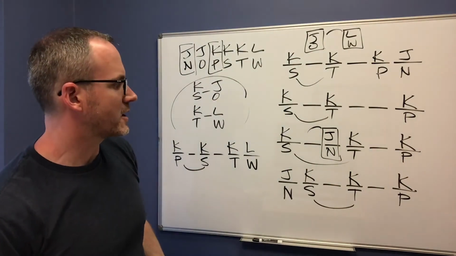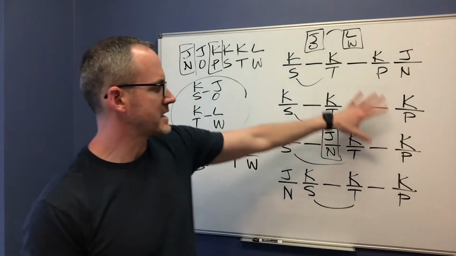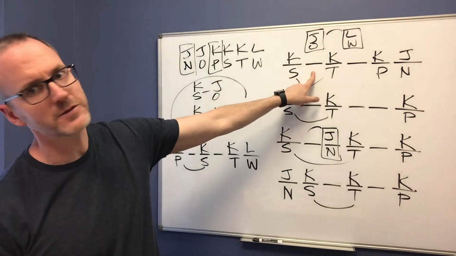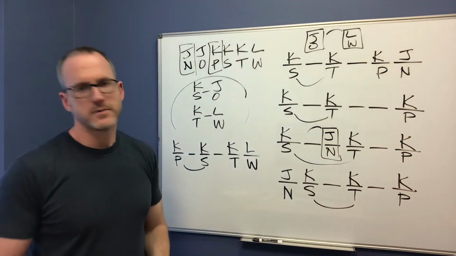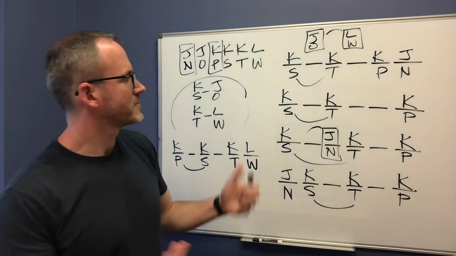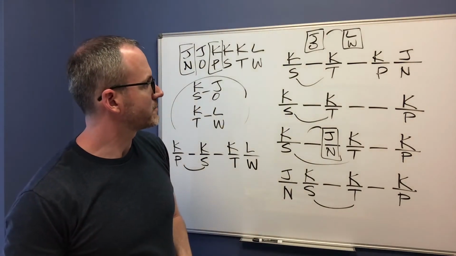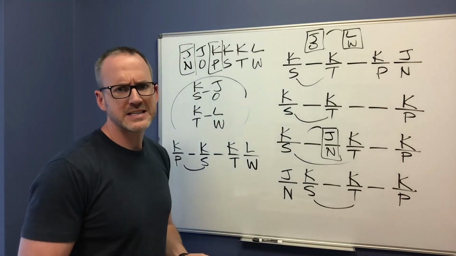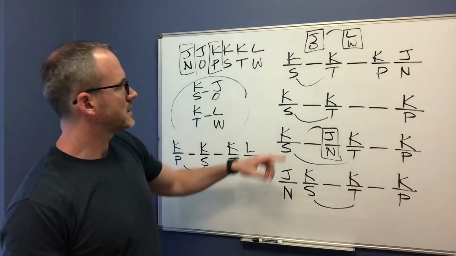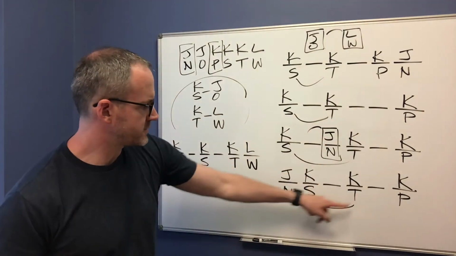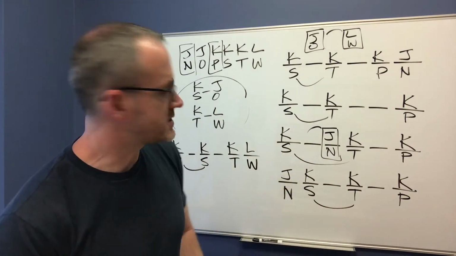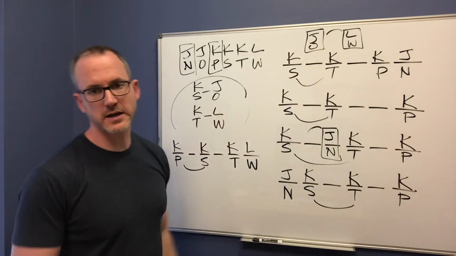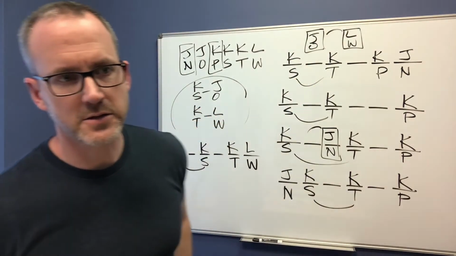Could P be second? Oh, well, P is never second in these worlds, but could P be second up here? No, because it would have to be K. So P can never be second because it's K. So that's the answer. Let's look at D and E really quick. Could T be second? Oh yeah, we have T and S going back and forth here. Could W be second? Yes, we could have W come over here and then it would be second. So C is the answer.